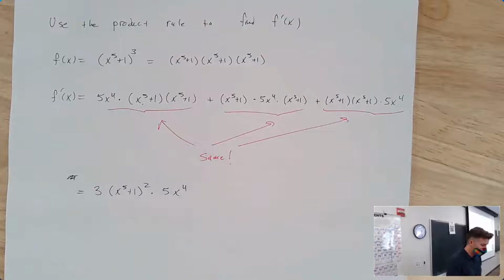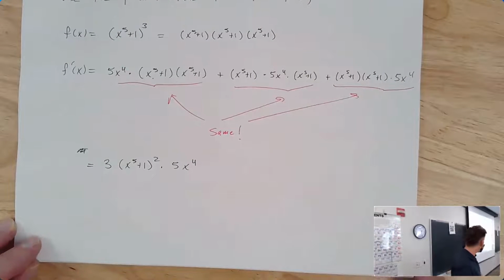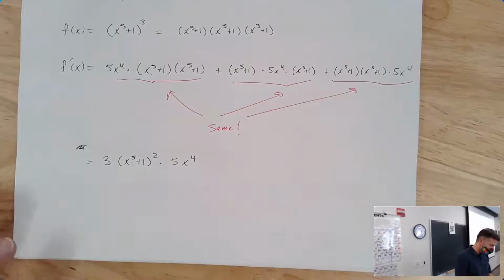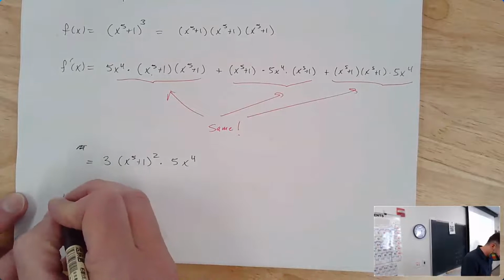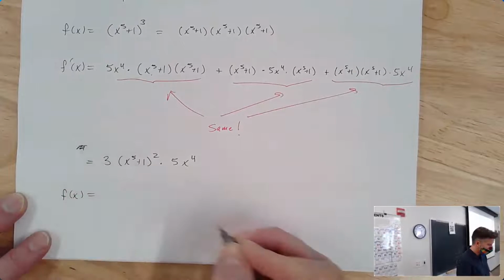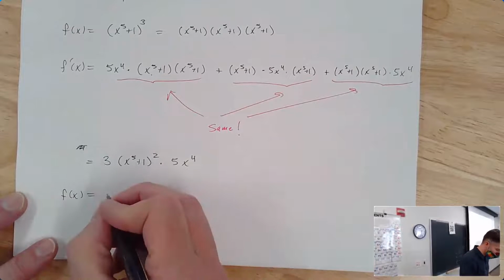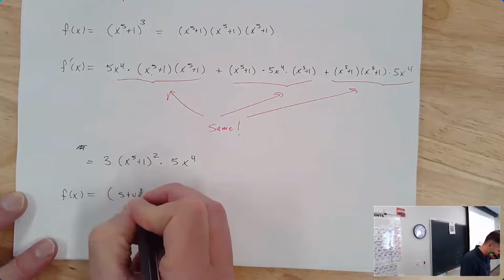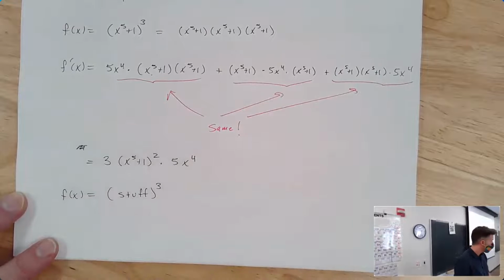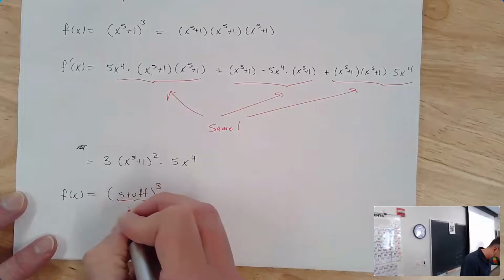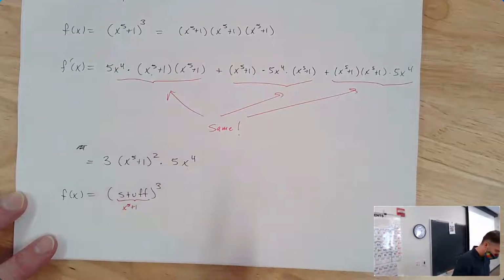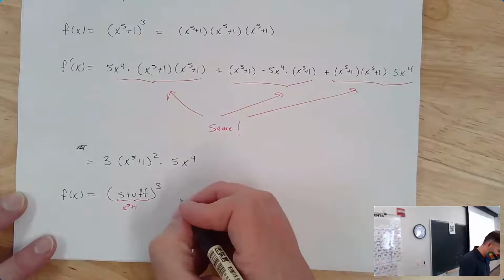And now here's what I really want you to see, if you haven't seen it before, or even if you have. What I did was I had my function f of x. Instead of saying it's x to the fifth plus 1 cubed, I'm just going to say it's some stuff cubed. The stuff in this particular problem happened to be x to the fifth plus 1. And the derivative ended up being